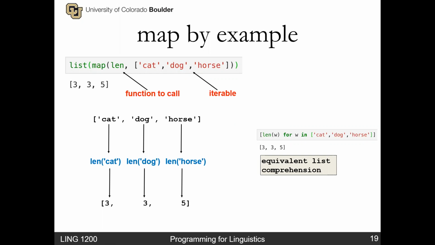Map function takes two inputs, a function name and an iterable, then applies the function to each element in the iterable. Let me remind you that an iterable is an object that can be iterated over as in a for loop. Take this code snippet for example. Map is applied to the function len and a list of pets. As discussed, len is applied to each member of the list and it returns the length of each element of